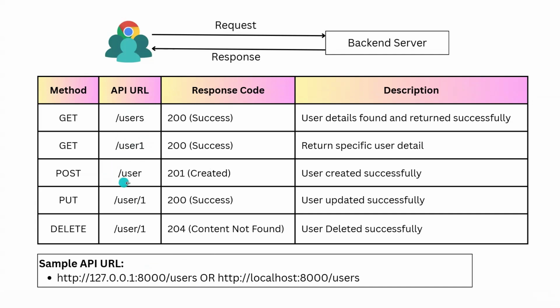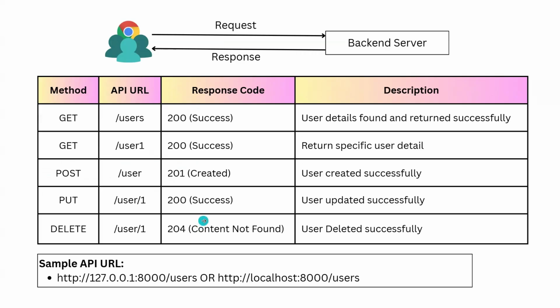Now, if I'm saying slash user and calling the method POST and passing a body where I'm passing ID, username, password, age, city, it will help us to add the data. And once the data gets added, it will return the status code 201. Okay, this status code or the response code is very important. This tells us